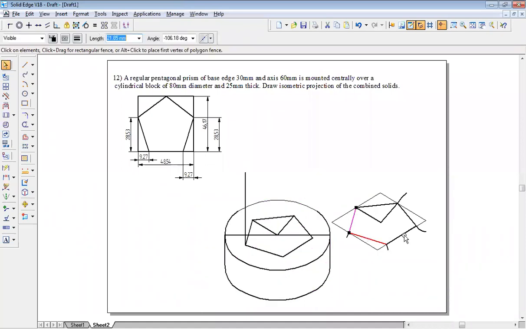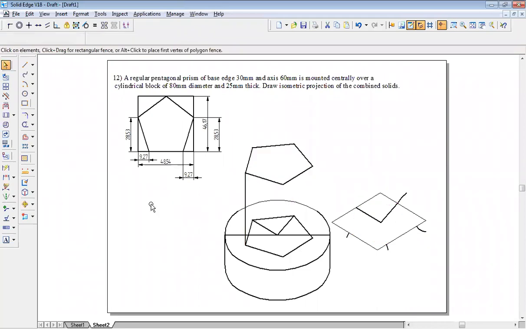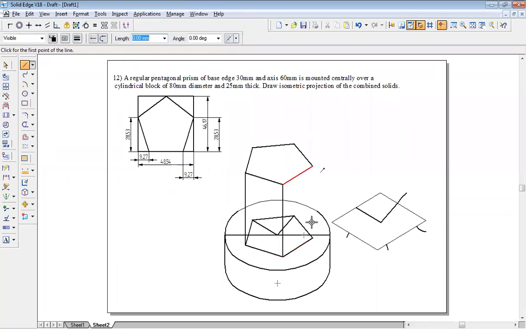So since it is a prism, bottom and top will be the same. So select only the pentagon. Go to move command, switch off the copy option. To this corner, I have drawn a line, so I'm going to select this corner as a moving point. Put it on tip of this, then finish off the top corner to bottom corner, top corner to bottom. That's all.